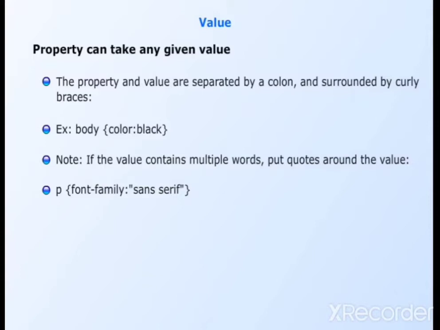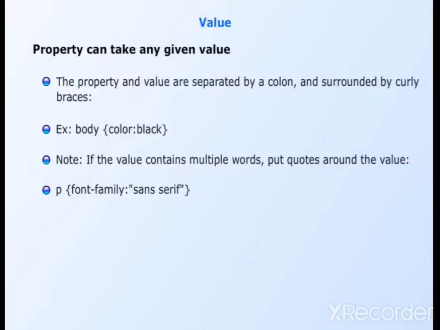For example, here body is the selector, and after that we are opening a curly brace. After that curly brace, we are mentioning a property called color. For that property, we are assigning a value called black. For assigning we are using the colon operator. After that, we are closing this property by using a curly brace.